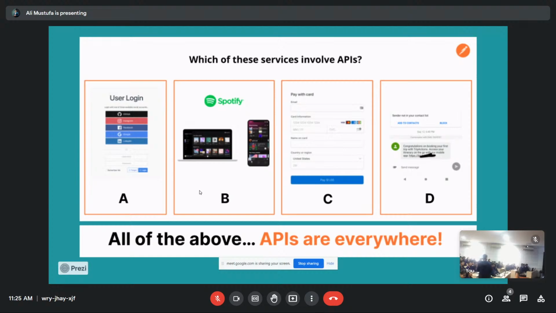And the last one is the message. That message is actually my own message which I received when I booked my flight. But how can an airline send me an SMS? The airline sends me my PNR and tells me, this is your PNR, everything is done, check in and all that. How can they do that? They also use APIs.